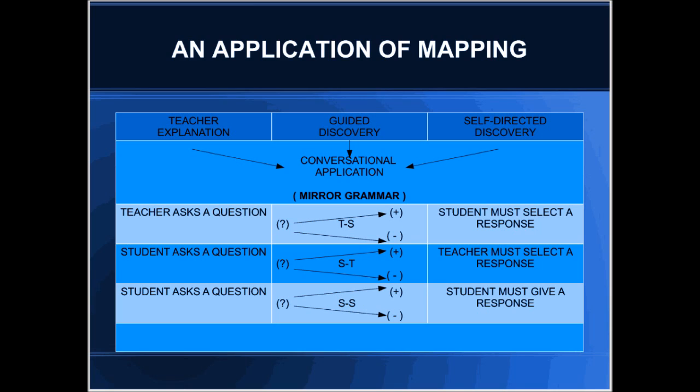And you can see the system here that's presented as teacher-student, student-teacher, and finally student-student. It really depends how you set up your classroom, how you organize it, whether as a teacher you like to dominate the introduction of information, or you like to help the students to try to discover some of the answers by themselves. The point about mirror grammar, or the important point, is that it stops what I call box jumping